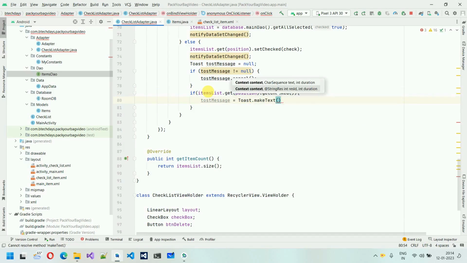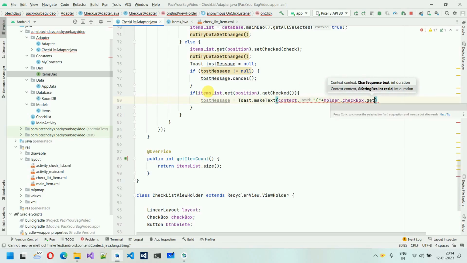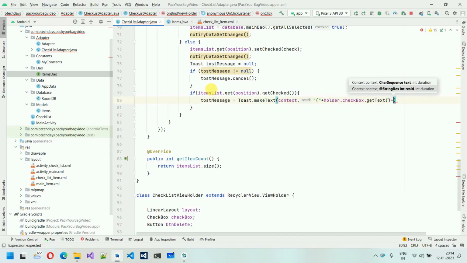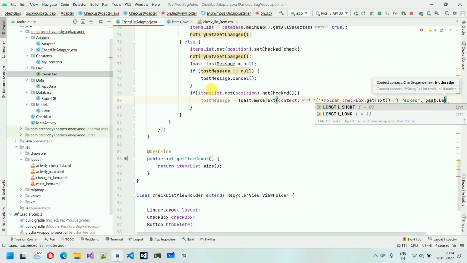Inside this one we have to pass the context, and inside this one we have to make the data like that. So opening bracket, make some space if you want, otherwise you can type like this: holder dot checkbox dot get text, something like this, plus, and then we put double quotes and the closing bracket, it's packed, right? Next thing, toast dot length long,